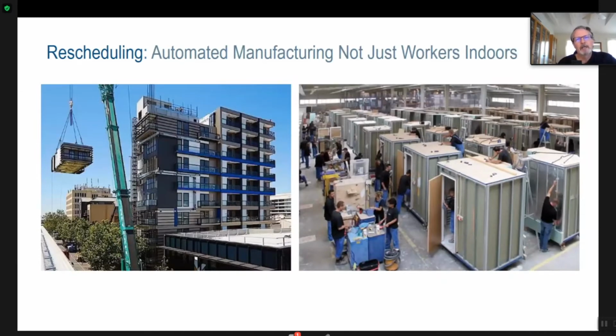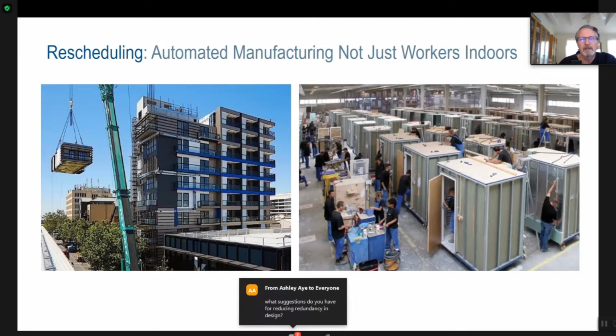This is what I like to think about as a difference between off-site construction and off-site manufacturing. I talk to a lot of construction companies and I say, do you have a factory? And they say, yes. And I go and visit and I see this image on the right. This is workers indoors. It's a good idea. It's helpful. I mean, they're not wearing hard hats. They're not wearing winter jackets. The lighting is good. They can work 2 shifts. They can work regardless of the climate.